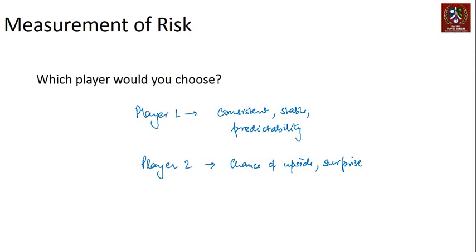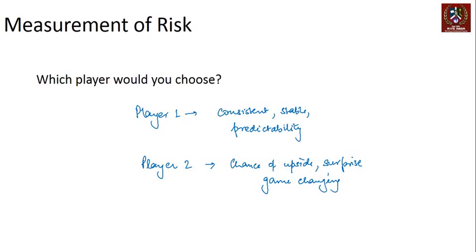If you think about it, and if you look at the following of sport, there are a few players who are like this. They are selected purely because half the times they will not do anything, but the other half, when they really do something, that could change the game completely. That's possibly true for player 2. So this could be a game changing player. Either side, you take that risk on both the sides, right?